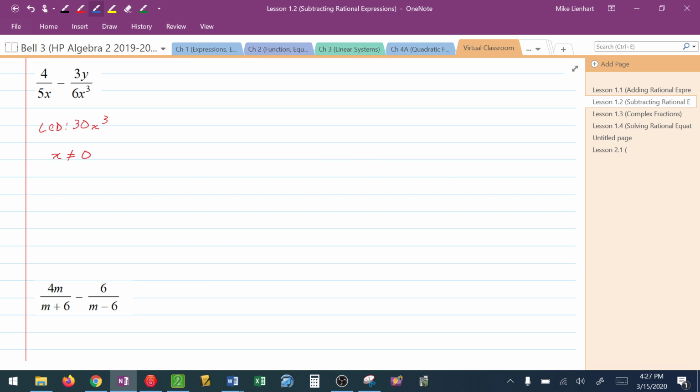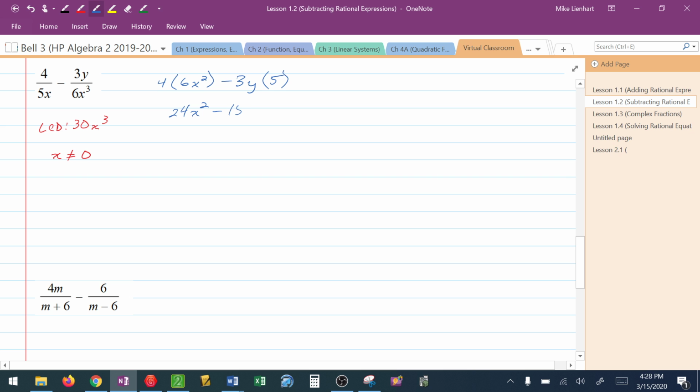I play the game. I'm given 4. I look at 5x. I compare it to 30x cubed. I know I am missing a 6. 5 times 6 would give me the 30, and I'm missing an x squared. x times x squared would give me the x to the third. Now I write down the second given, minus 3y. Notice there's that subtraction. And then I look at 6x cubed and see what's missing there. And I know I'm missing a 5, and that's it. I clean this up. 24x squared